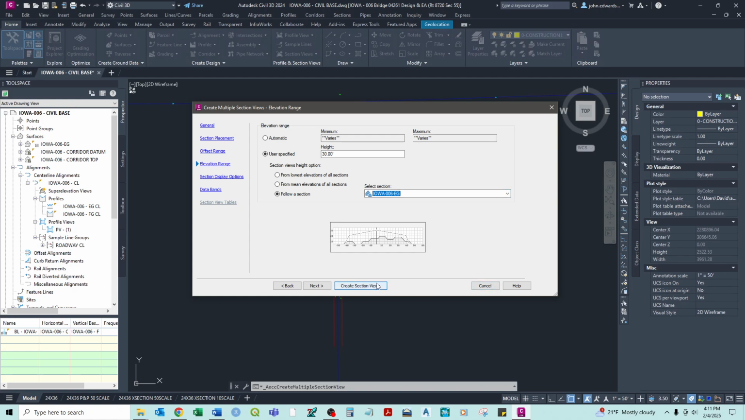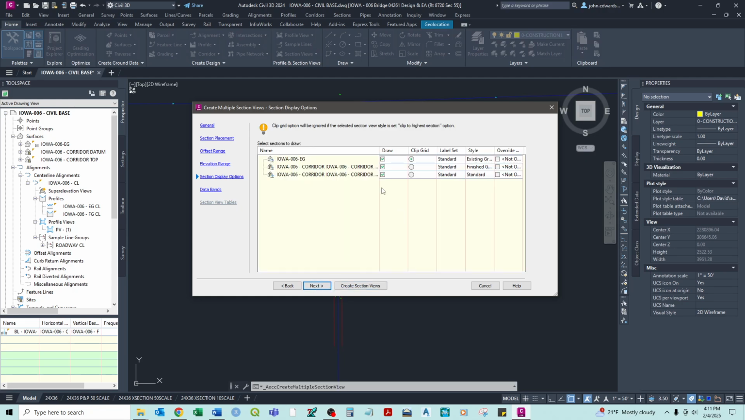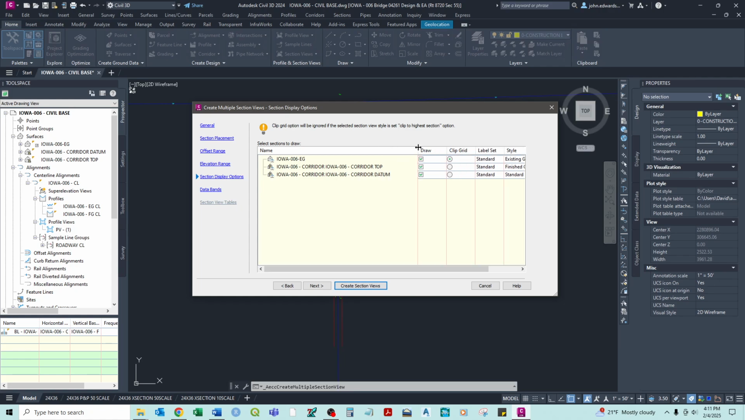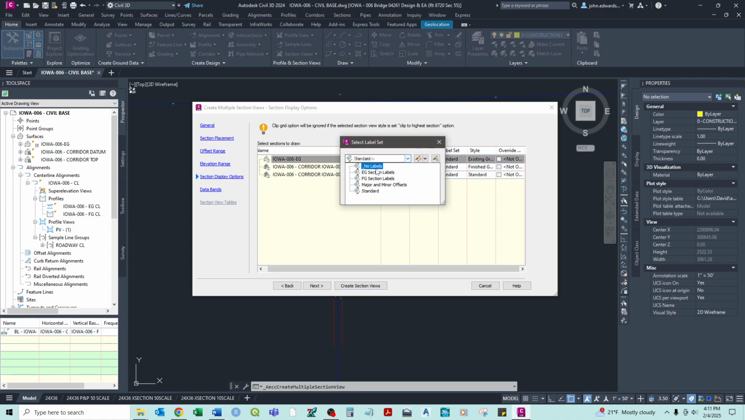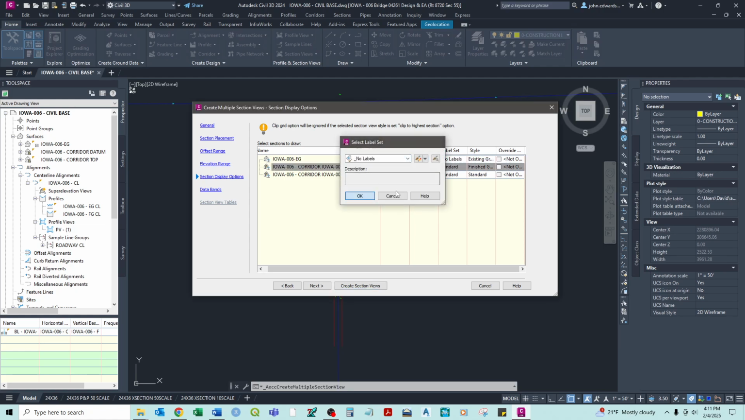So now we can just hit next, and this is how this is all going to be displayed within our section views. So we want it to draw all three of these. Again, this was our corridor top, corridor bottom, or datum, and our existing ground. So we want it to draw all of these, but we don't want it to label all of these necessarily, or any of these actually. We just want it to draw it on there. So we're going to set all our labels to none,